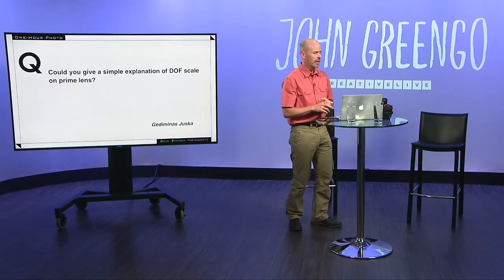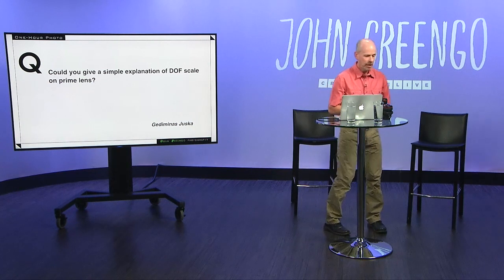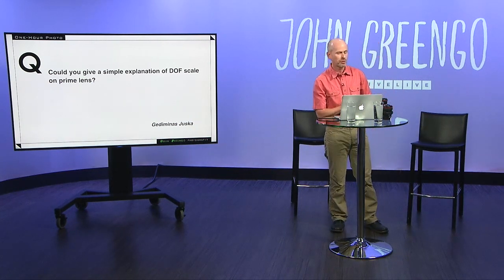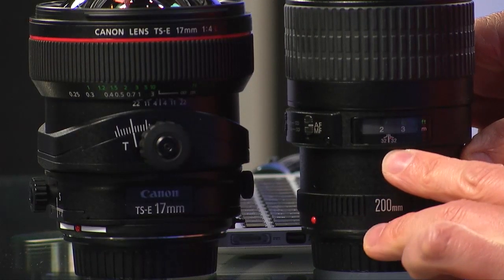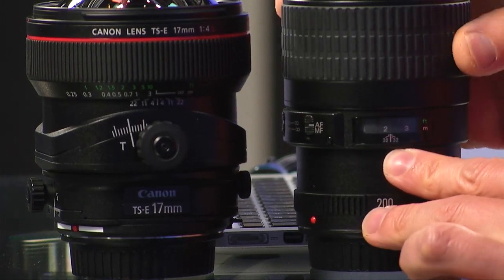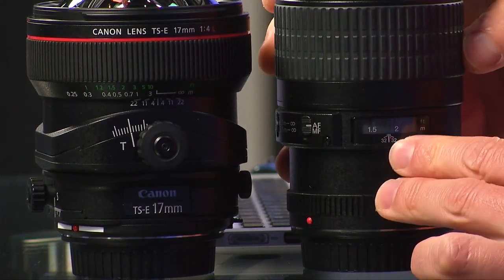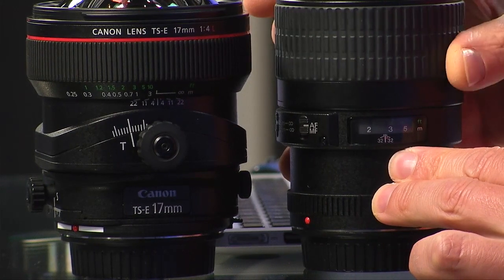So I brought in a couple of example lenses over here, and these are prime lenses, which of course means they do not zoom back and forth. They are a single focal length. And a depth of field example over here on a 200 millimeter 2.8 lens, we can see the focusing scale. And there's a little white mark right there in the middle which shows us where we are